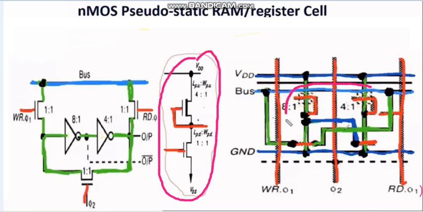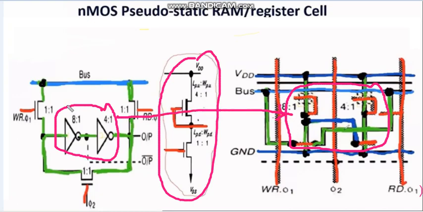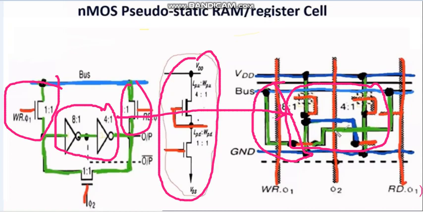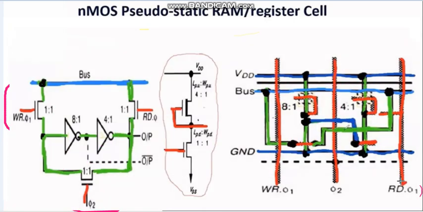So here it goes in our schematic. I'm pointing here, this is one NMOS. Here is another NMOS. Here is the one for read. So this is another NMOS, and here is one more NMOS. Finally, I hope you understood this stick diagram. This is very, very important in this topic.